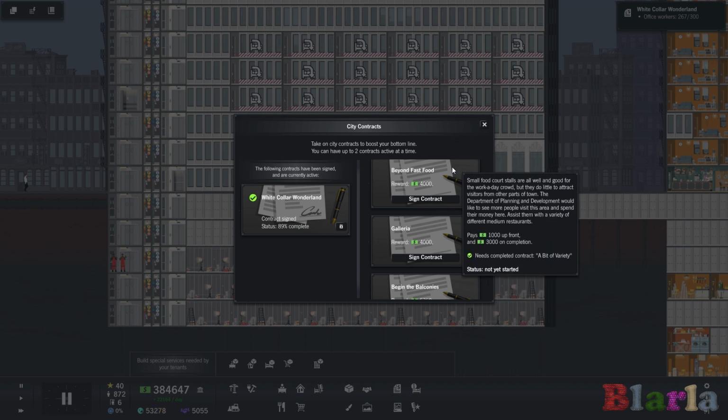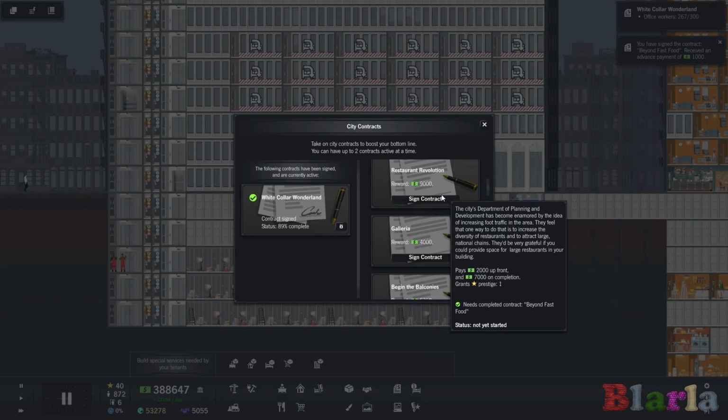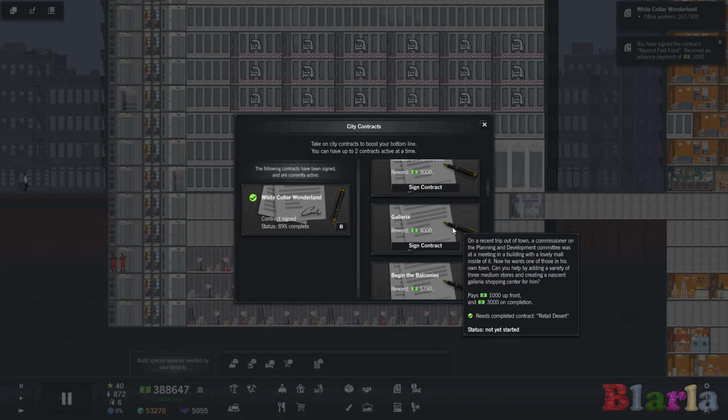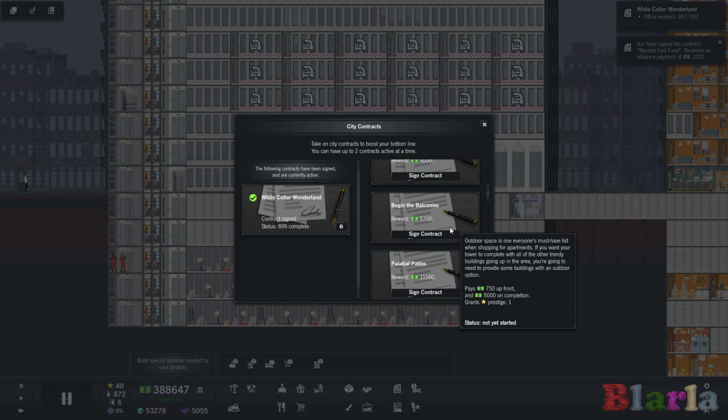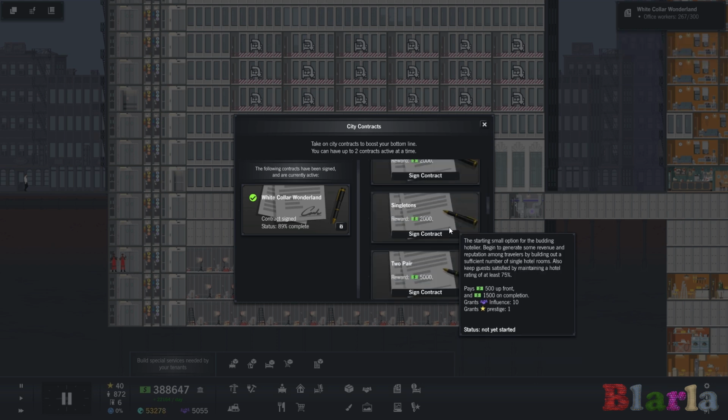Also, we could probably do that fast food one. Small food court stalls are well and good for the work-a-day crowd. They do little to attract visitors from other parts of town. The Department of Planning and Development would like to see more people visit this area and spend their money here. Assist them with a variety of different medium restaurants. Surely we've done that one. Yeah. Okay, surely we've done that one. Right. So I'm hoping that we have something...